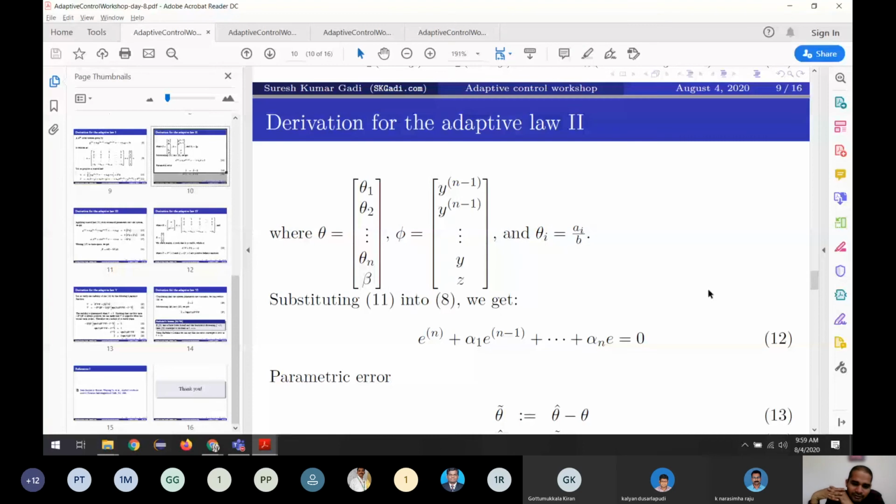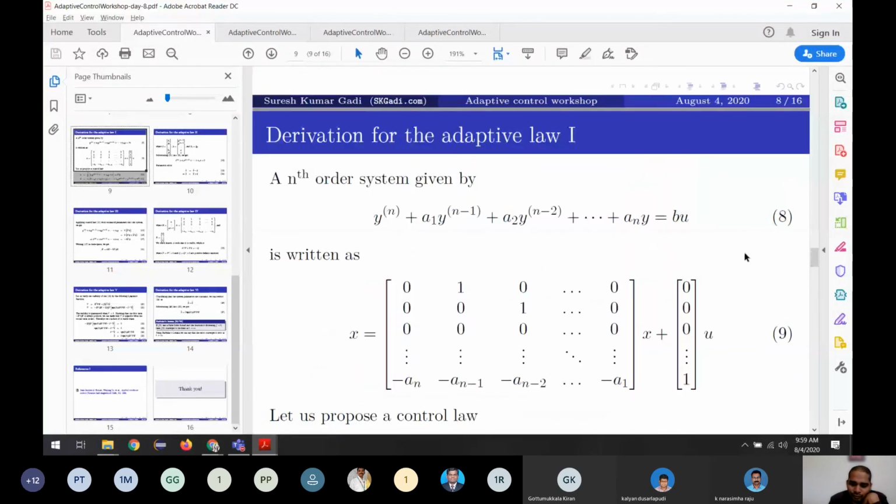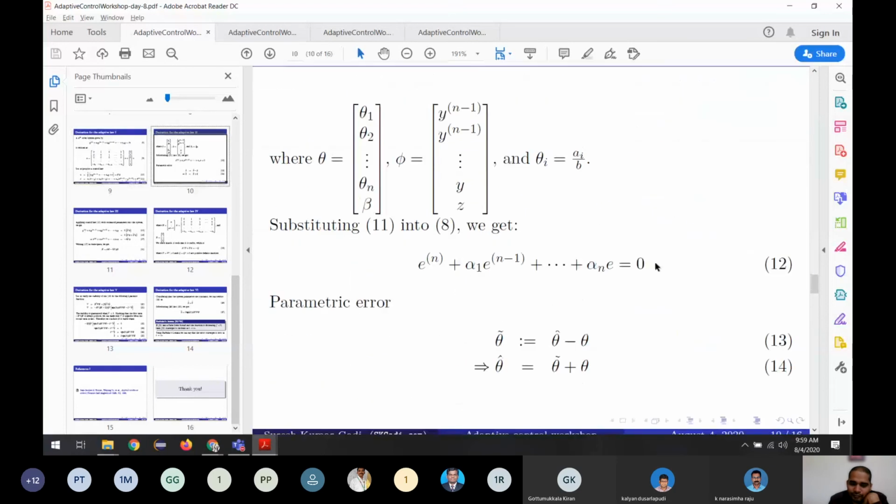So what do we mean by the system is stable? If you write it in a matrix form, all the eigenvalues should be negative. So if you remember from the example, we said we select alpha values in such a way that it is a stable system, or its eigenvalues are negative. Why do we do that? Because this matrix should be equal to 0 and it should be a stable system. So we are taking some system where we don't know what the dynamics are, we are removing all the dynamics and putting the differential equation of error equal to 0, and we are saying it is stable. So what does it mean? After a certain time, the error will go to 0.